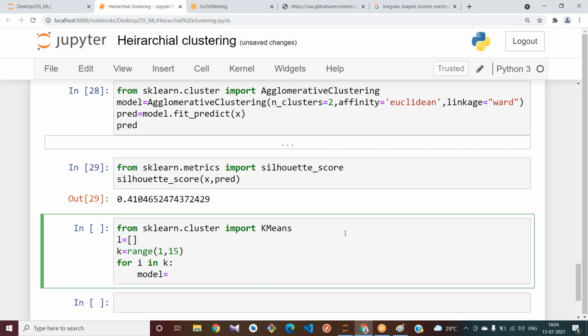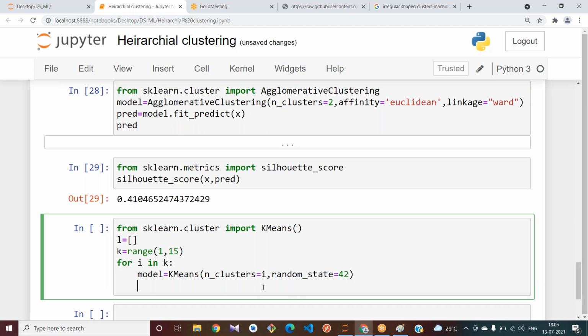Model equal to KMeans, n_clusters equal to i. Let me give some random state, random_state equal to 42.